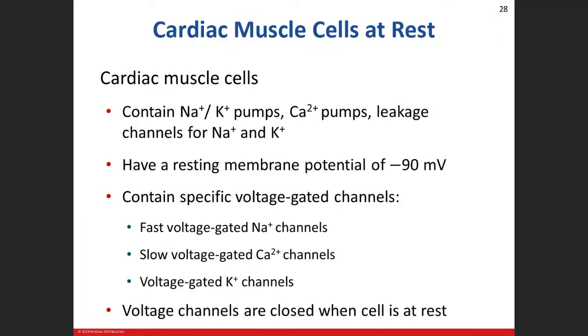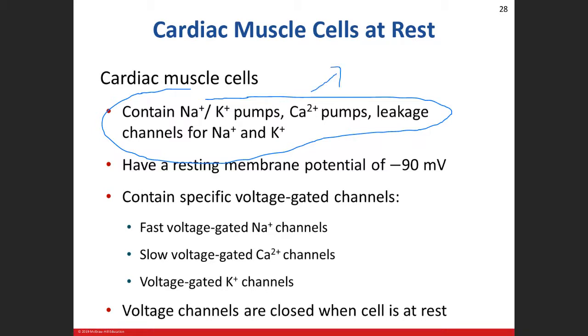Okay, so now let's talk about the new stuff. Let's talk about the workhorse of the heart. We saw the nodal cells, and they're part of that conduction system. Now the workhorses are the cardiac cells. We've seen this. So let's talk about some of the parts to our machinery here. We're all familiar with all of this: sodium-potassium ion pumps, calcium pumps, and then our leak channels. Their job, that part of the cell, is meant to maintain the electrochemical